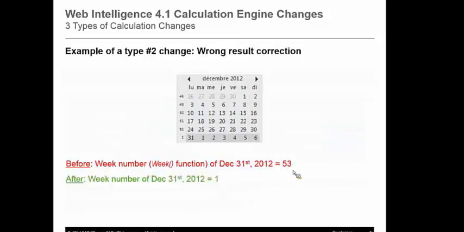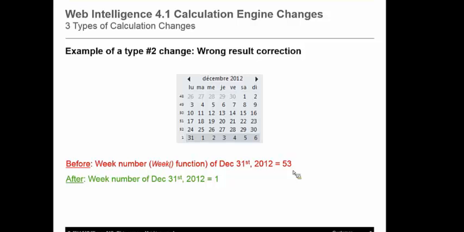In a second category, a very well-known example is on the week function. The week function in the calculator is used to give the week number according to a date. And there was a bug for a particular date, December 31st, 2012, where it would give back week number 53 instead of week number 1. So again, this was a bug that we have corrected, and